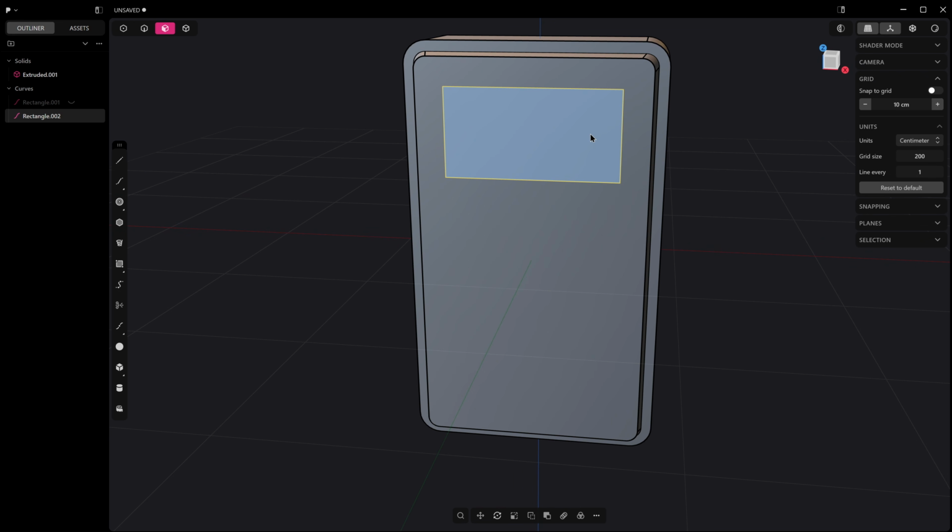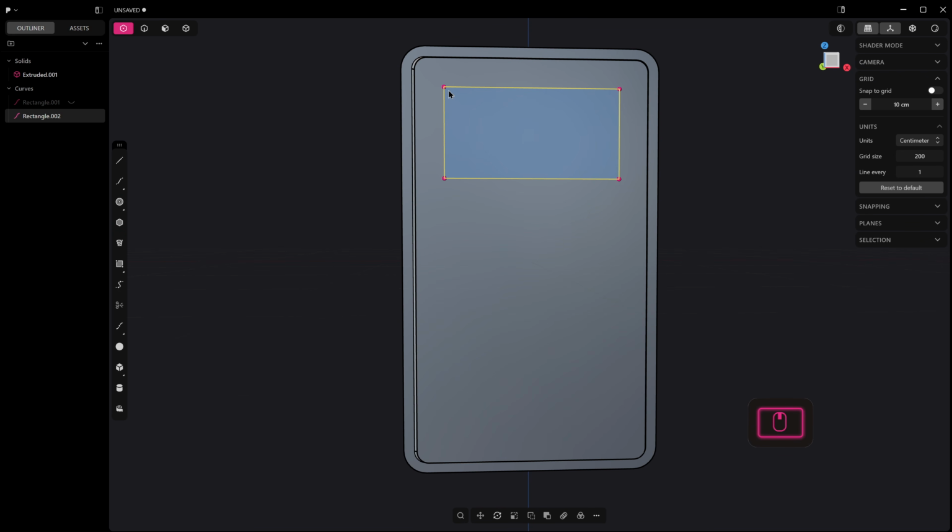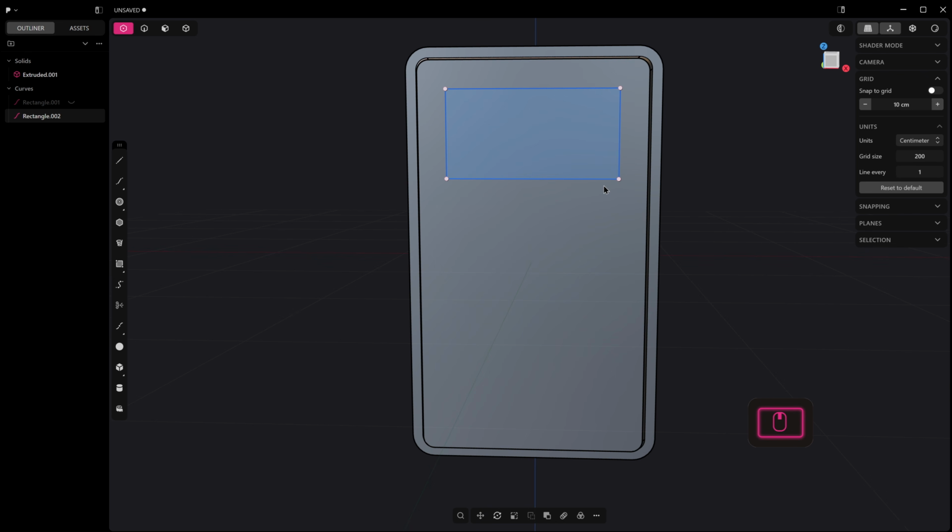And now we're going to press 1 to go into control point mode, and you'll notice that there's these points here. We can use the marquee starting from the left hand side to select all 4 of them, or you can select them one by one and hold down shift. And then we can press B, which is going to bring up our fillet, and we can either go in the negative direction and make a chamfer, or the positive direction and make a fillet. Okay, so I'm going to fillet this, and I'm going to,